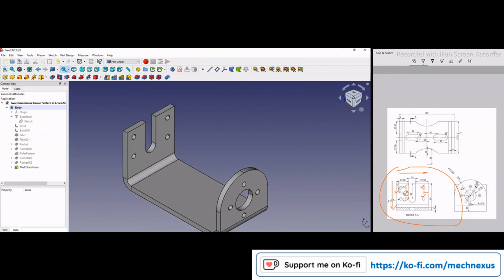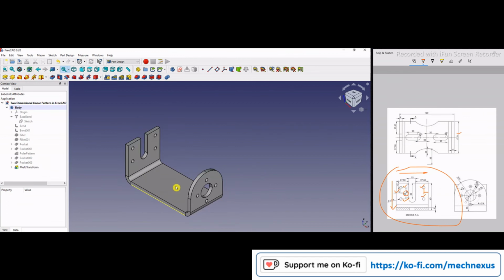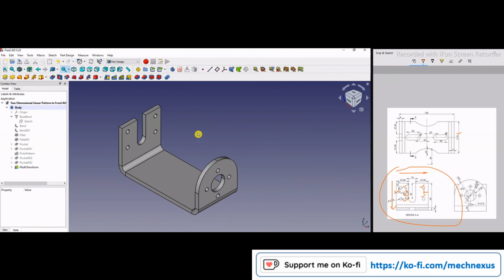I will also provide this 2D sketch and this source model in my video description, so you can practice by yourself, and in case of any doubt you can refer to my 3D models. So this is a smart tutorial for beginners on how to do a two-dimensional linear pattern in FreeCAD using the